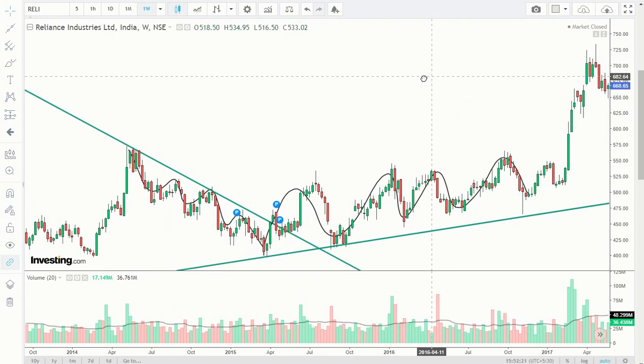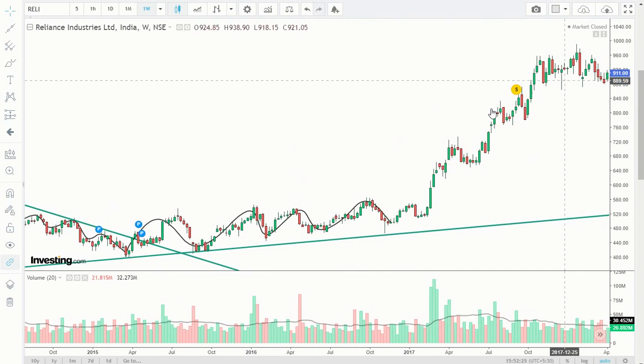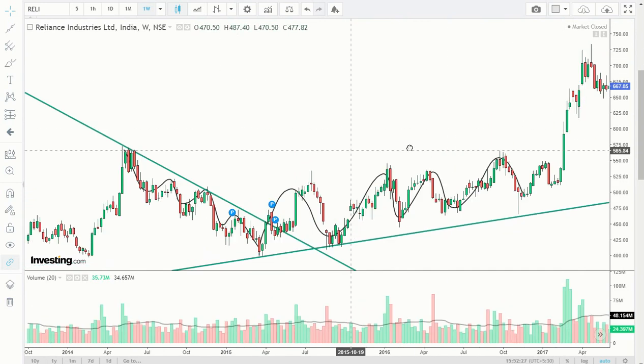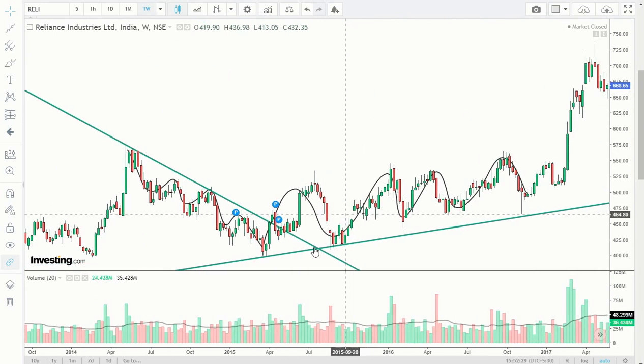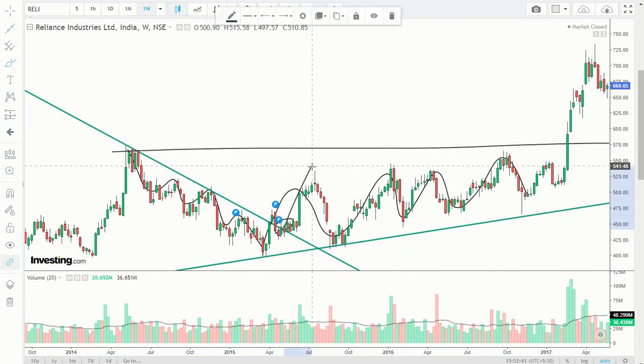Okay. Now suppose prices keep on going and they increase. That's well and good. But now let's say here, I get an idea that, guys, it is again and again going up, but is not able to break this level. Right, I am frustrated here. I bought it here, it goes up, again comes below my buying price. It goes up, again comes to my buying price, and so on.